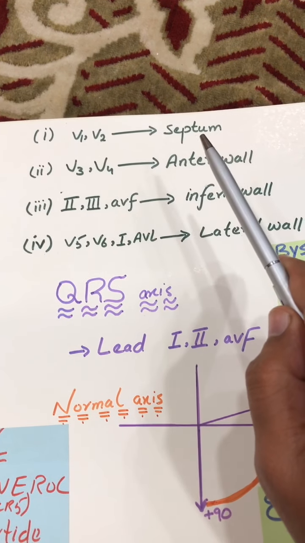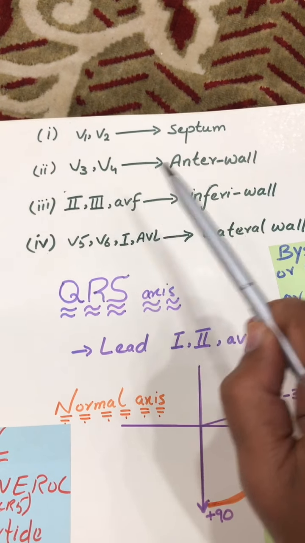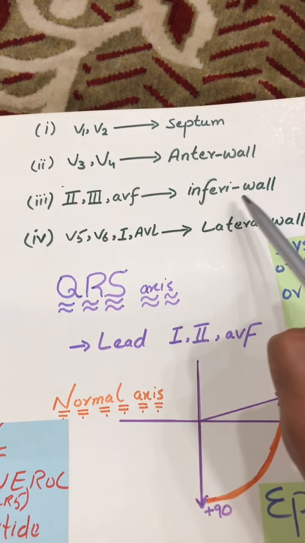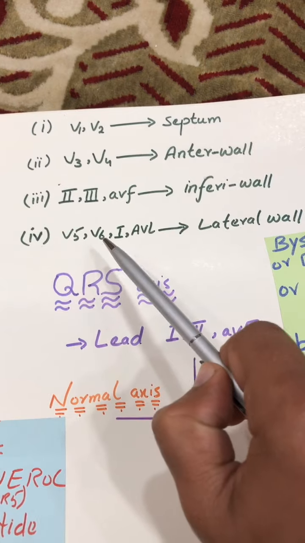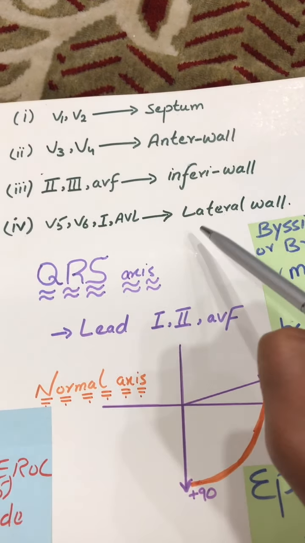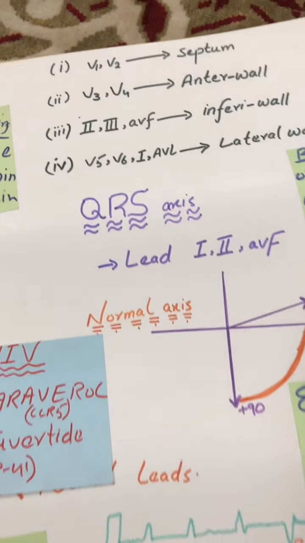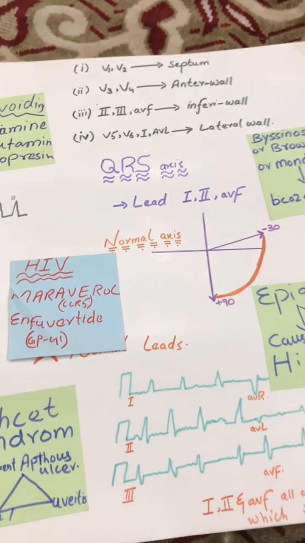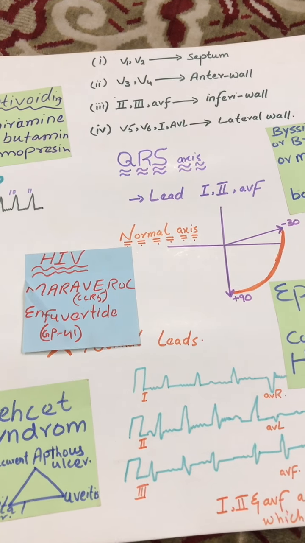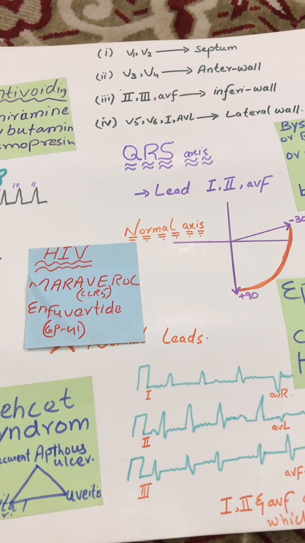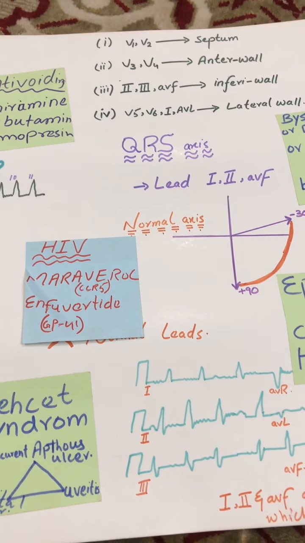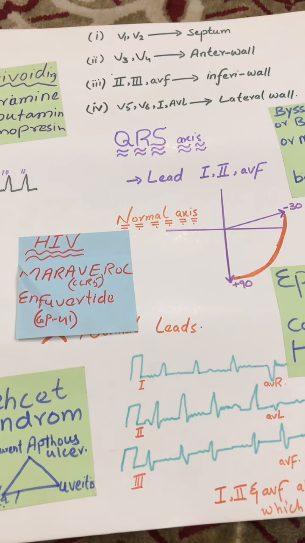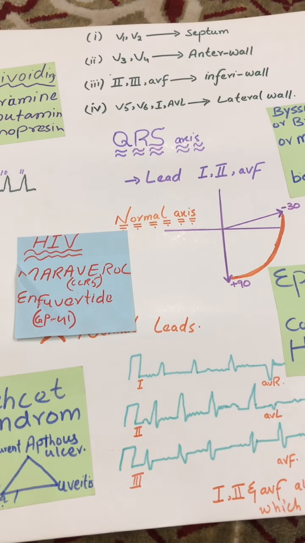In order to summarize it, just look at this one. V1, V2 is for septum and for the atria. V3, V4 is for the anterior wall of the heart, and 2, 3 and AVF is for the inferior wall, and V5, V6, 1 and AVL for the lateral wall. See, now what do we do for the posterior wall? Sometimes we say that this V5 and V6 you can put on the back side of your chest, or you can say on the back of your thorax, and you will be able to see the posterior side of the heart